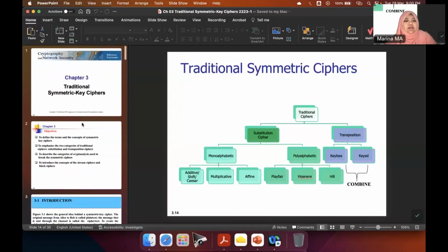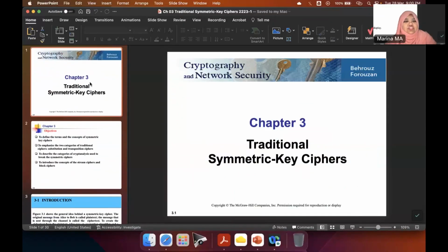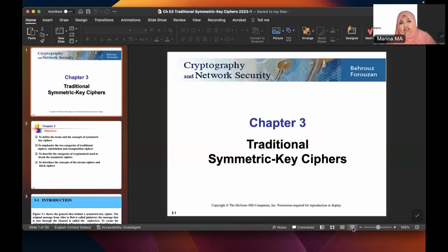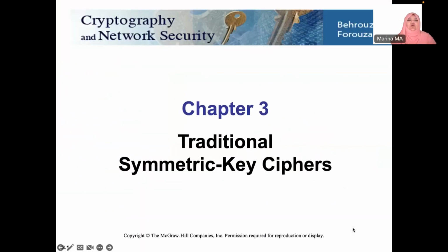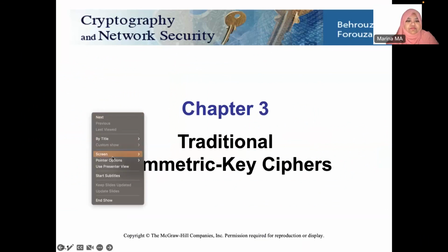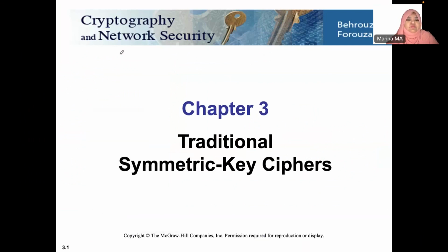So let's move on to the next chapter we cover, which is traditional symmetric key cipher. So under cryptography, we actually have